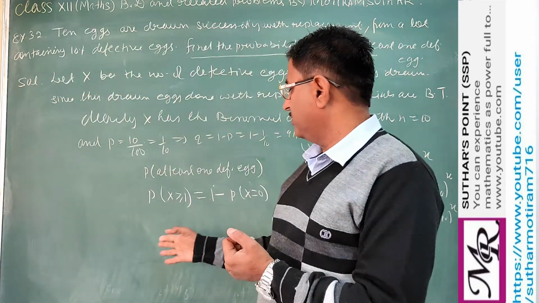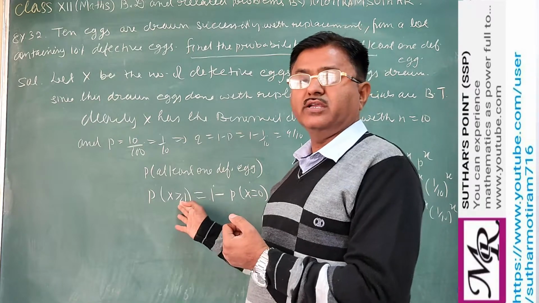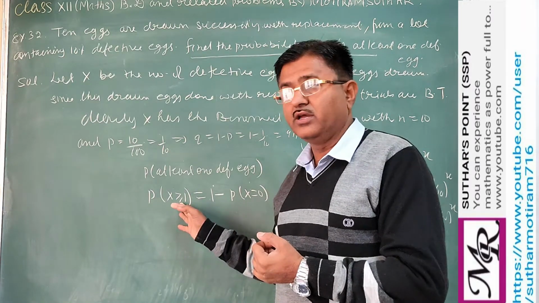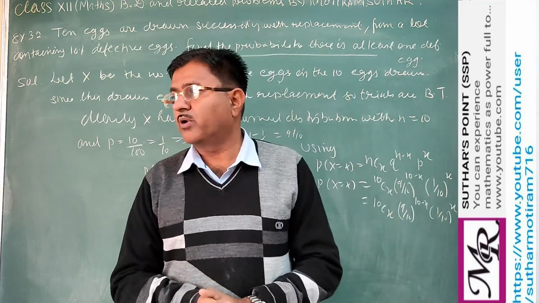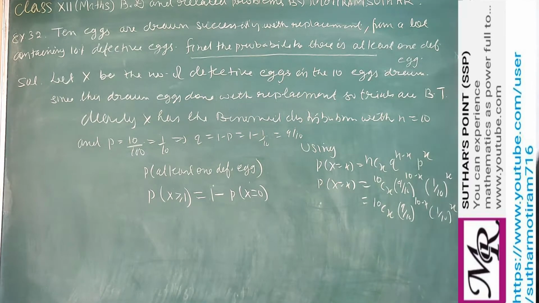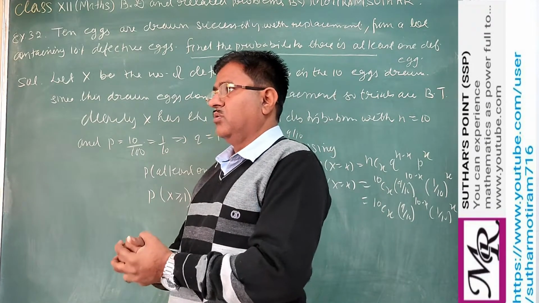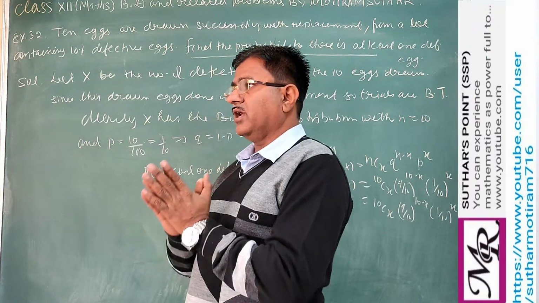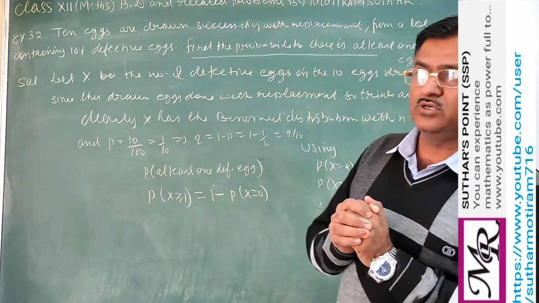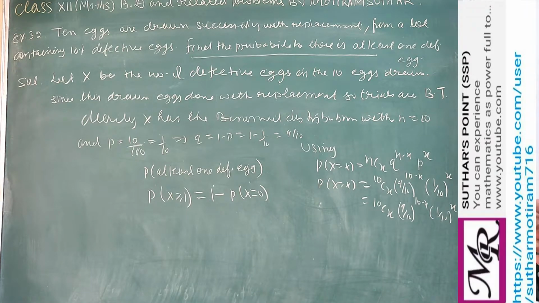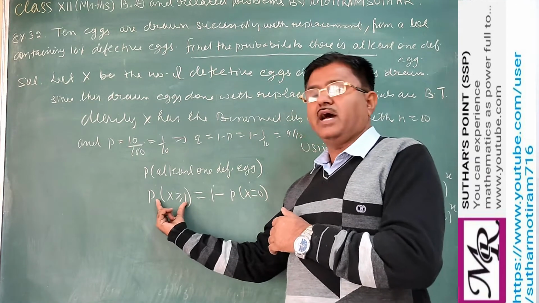और यहाँ पर हमने क्या किया है, px greater than equal to 1, यानी 9 केस, 9 का 10 केस ऑलरेडी दे रखे, 1 से लेकर के 10, तो बाकी क्या रह गया, एक केस रह गया. And you know that for any experiment, the sum of the probability is equal to 1. So the sum of probabilities of an experiment is always equal to 1. It means if you are taking total cases 11, total हमारे पास cases कितने हैं, 11, px 0, px 1, px 2, px up to 10. So out of the 11, 10 are there.